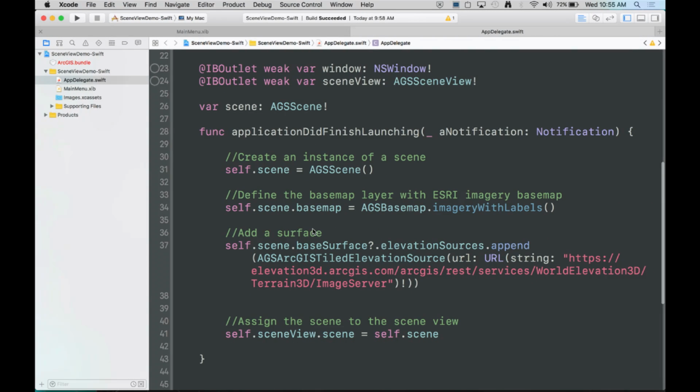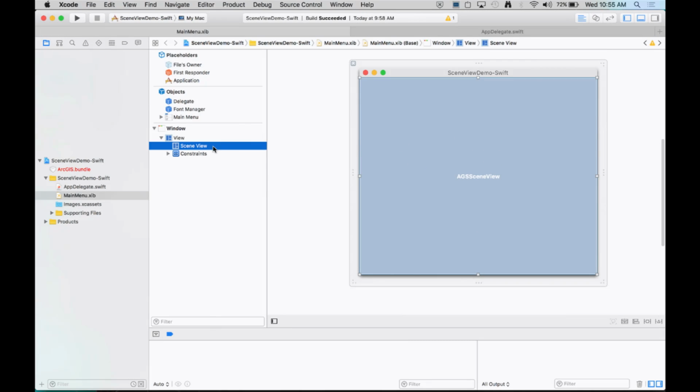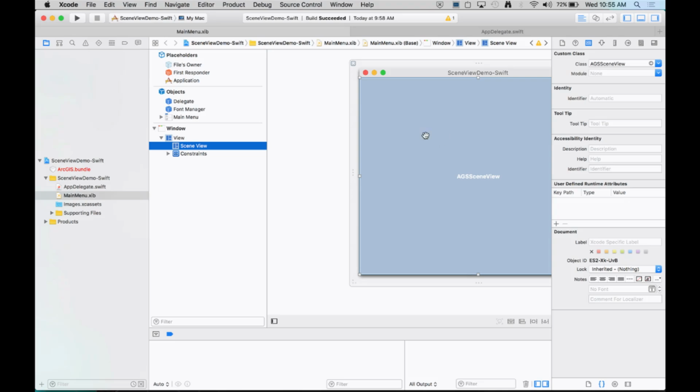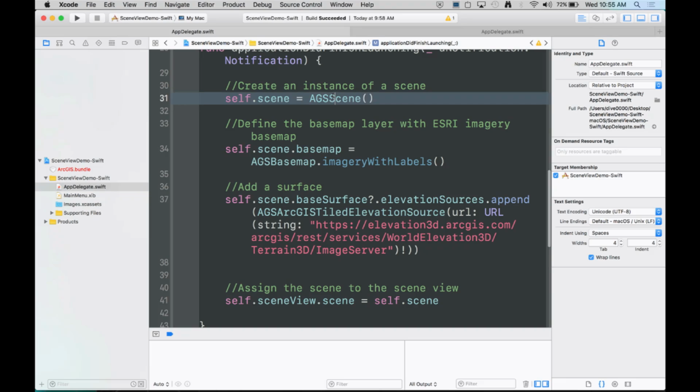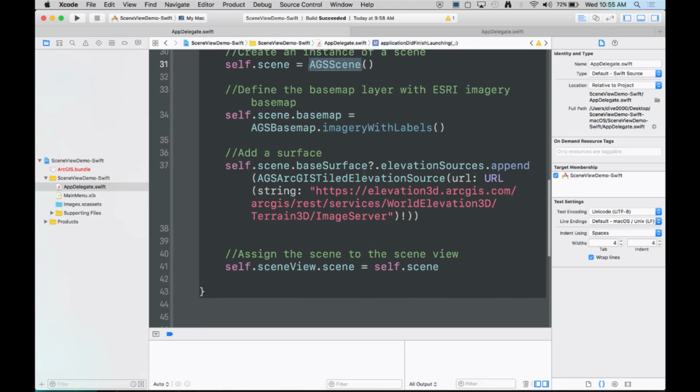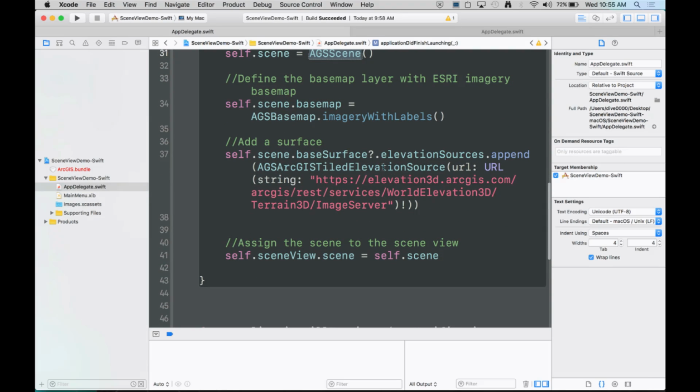And you'll see I have a window in which I've added a scene view, and I'm using auto layout and interface builder to set the scene view. When I add a view to this UI, I change its class to be the scene view. That's how it knows it's a scene view. And in the app delegate, I have an outlet to that scene view, and I create a scene, just set some base map on it, and add an elevation source to my base service so that it's draped nicely. If I go ahead and run this,